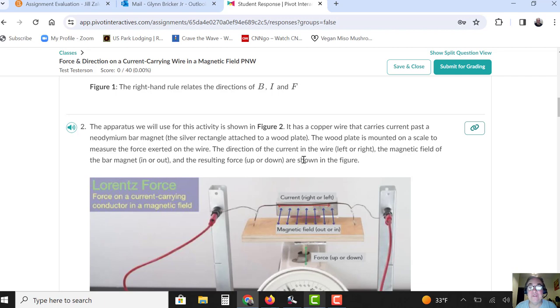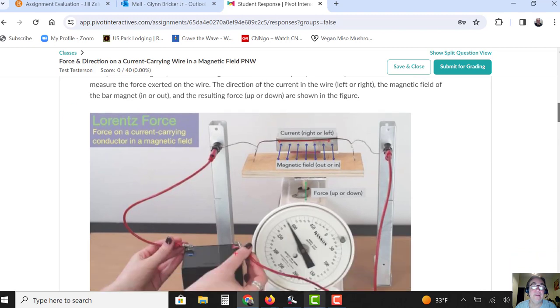The direction of the current is either going to be left or right. The magnetic field is either going to be into the page or out of the page. And then the force is either going to be up or down. It all depends on the right-hand rule. You've got to line those things up. Okay,